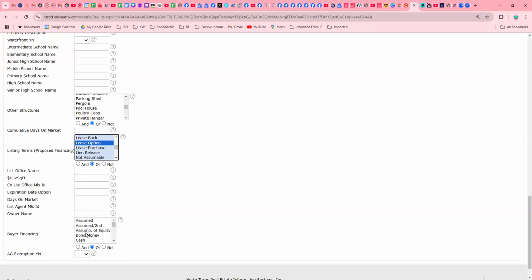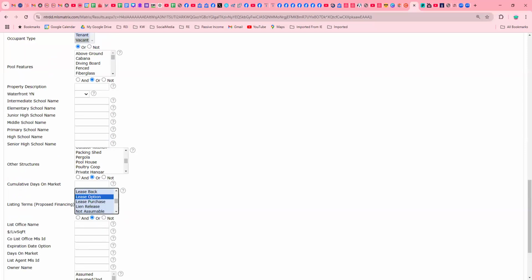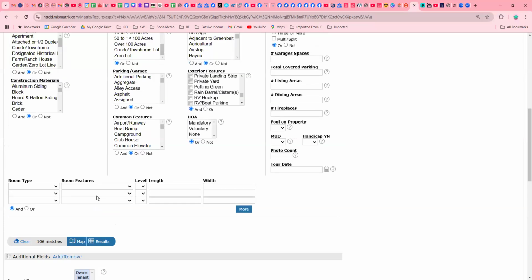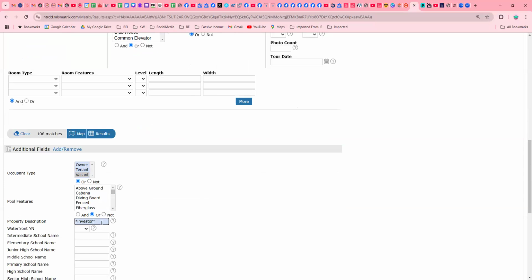Or maybe you're looking for property that have the word TLC or motivated, or the property investor, like an investor special, in the property description. You could also see those properties or filter out those properties.